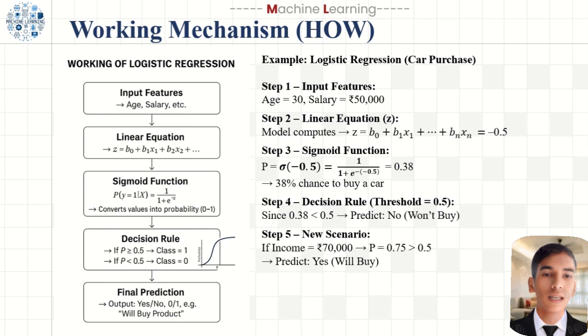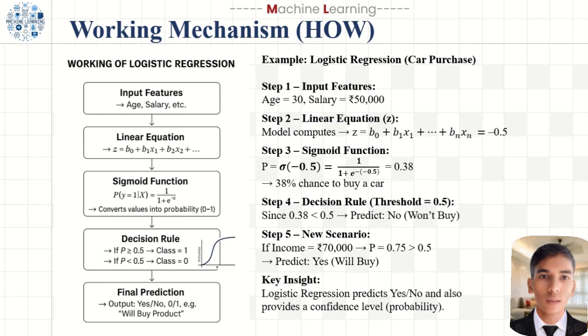Now let's change the situation. Suppose the same person has a higher salary of 70,000. The model recalculates, and this time the probability is 0.75 or 75%. Since this is above 50%, the model predicts yes, the customer will buy the car. The key takeaway is that